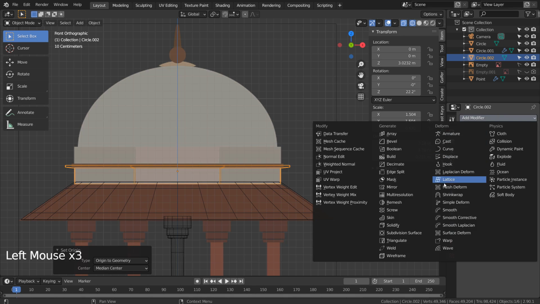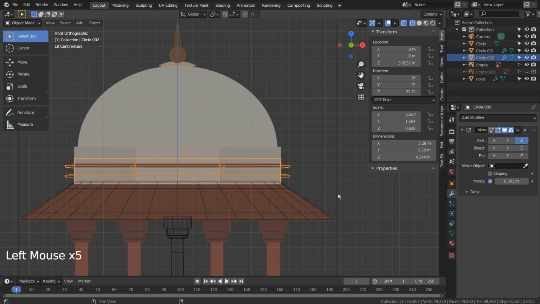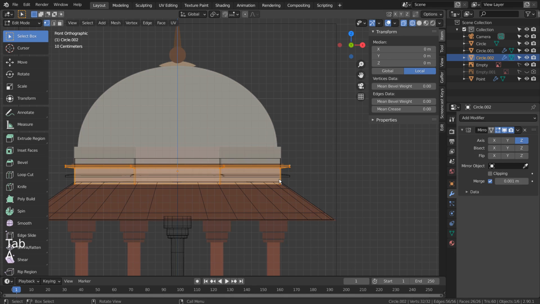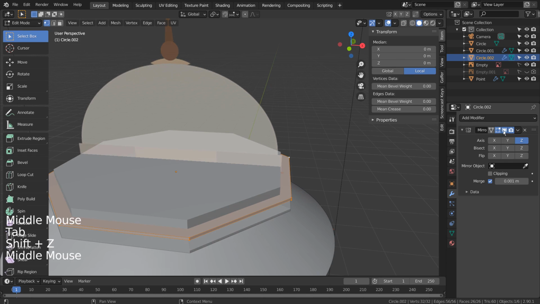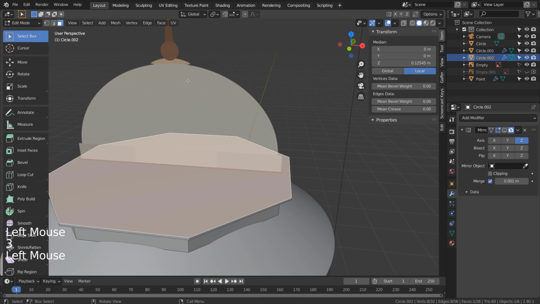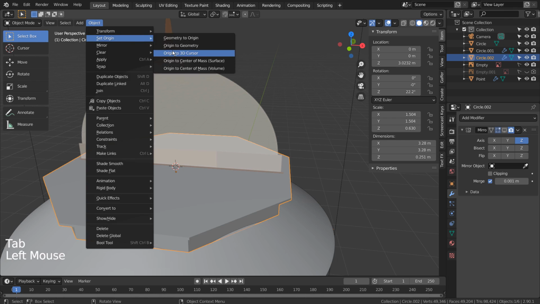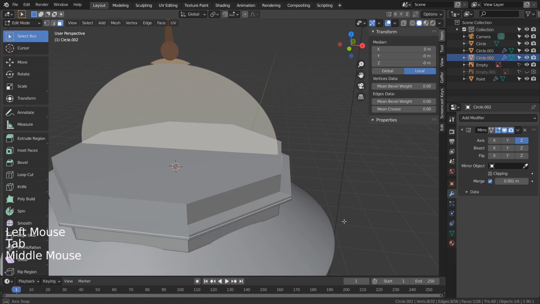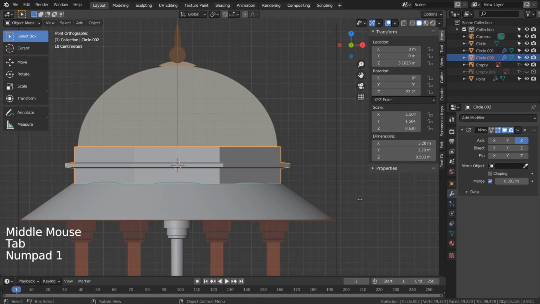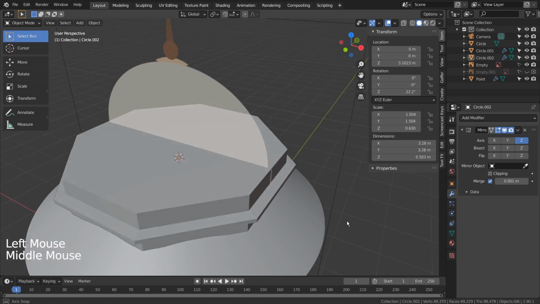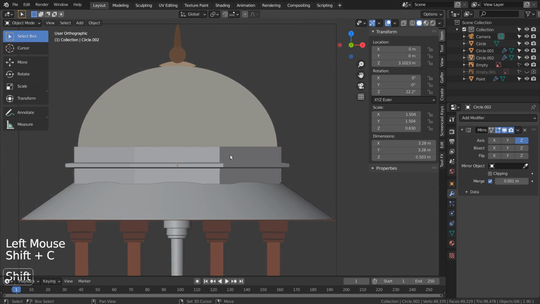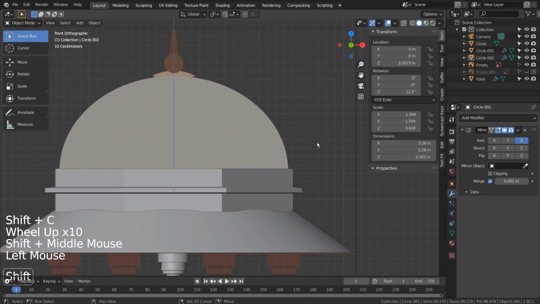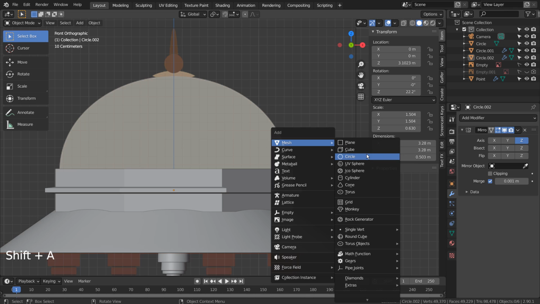Let's mirror the mesh on the Z-axis. The mesh got stacked, because we need to have the correct center origin. Select the top face, Shift-S, to move the 3D cursor there, and go to Object Mode to move the origin to the 3D cursor. Let's use a UV sphere and slice it in half to create the top mesh.